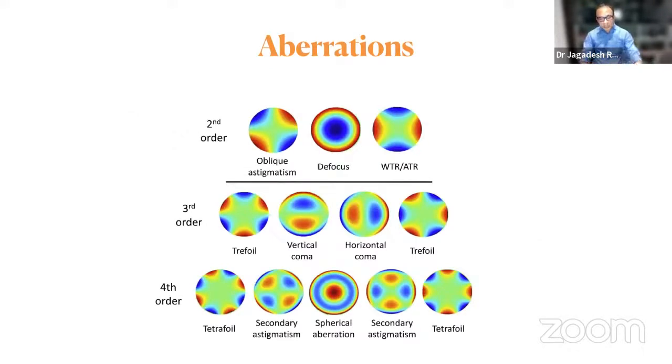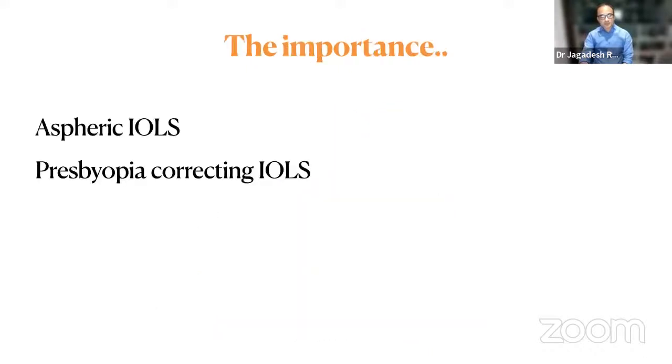I like one statement passed by Dr. Rajan. He said that if your cornea is not sick, you can go and implant any type of IOL. So I agree to a certain extent on that because you need to look at the cornea very clearly. Among all the aberrations, which are distortions in the optical system, I think for cataract surgeons, spherical aberration is one of the aberrations that has been well studied. So the importance of it is in selecting an aspheric IOL or presbyopia correcting IOLs.